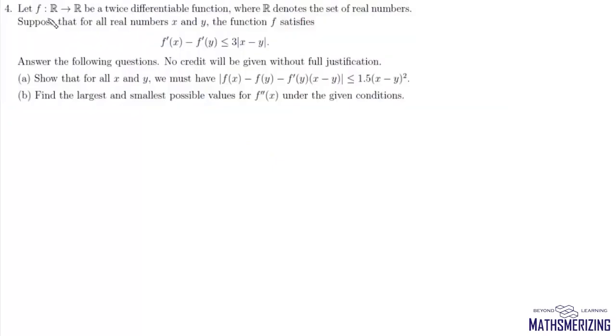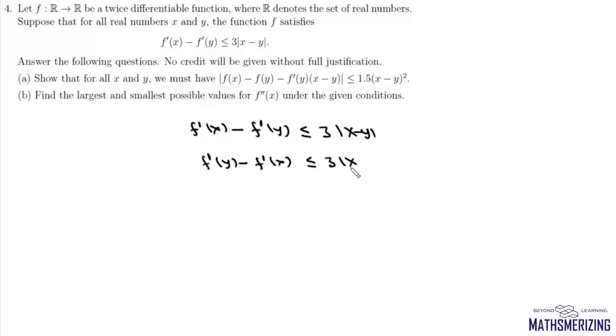Now question number 4 is, the function f is defined from R to R, and let it be a twice differentiable function such that mod of f dash x minus f dash y will be less than or equal to 3 times mod of x minus y. Now if we interchange x and y, we can write this as f dash y minus f dash x will be less than or equal to 3 times mod of x minus y. That is, from here we can clearly say that mod of f dash x minus f dash y is less than or equal to 3 times mod of